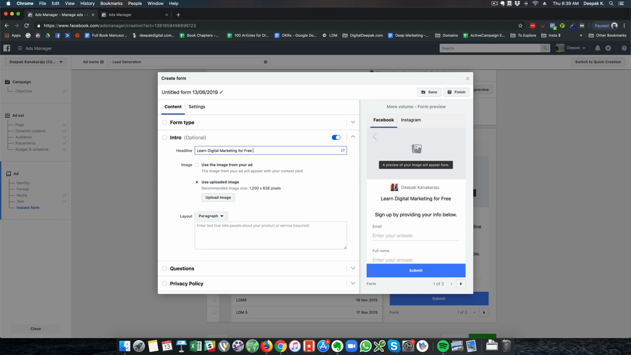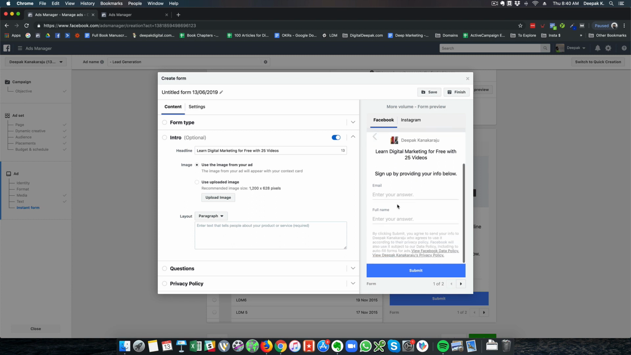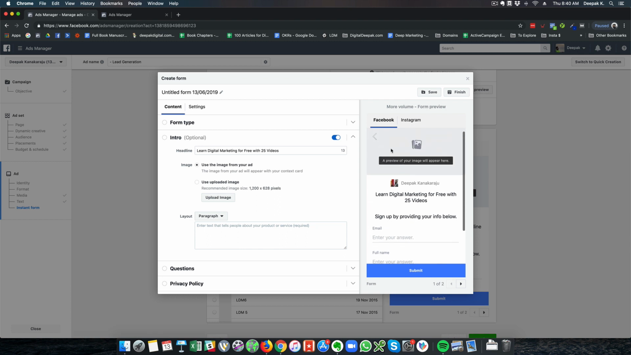For free with 25 videos delivered to, okay, so with free 25 videos. So we are running out of the total text available. So here we also need to use an image. So I will say use an image from the ad, and this is the context card. So just before they enter their email ID and full name here, they will be shown this particular image and